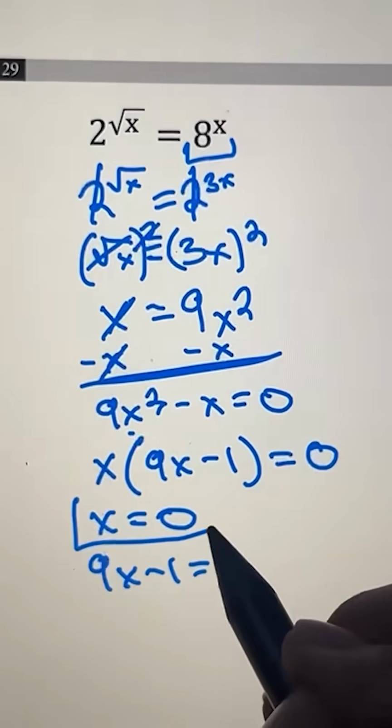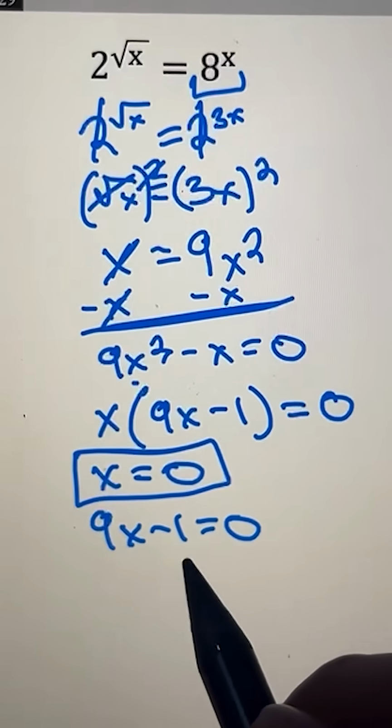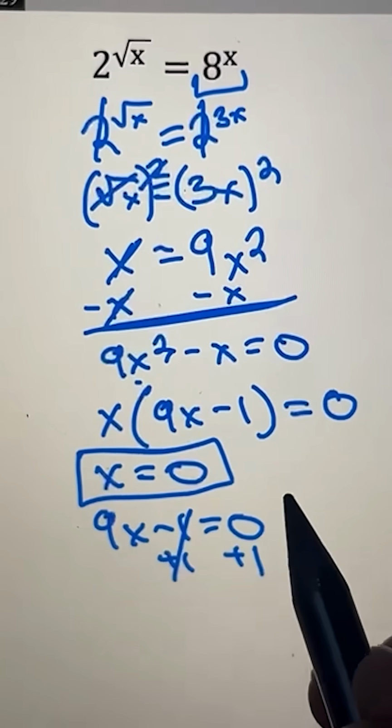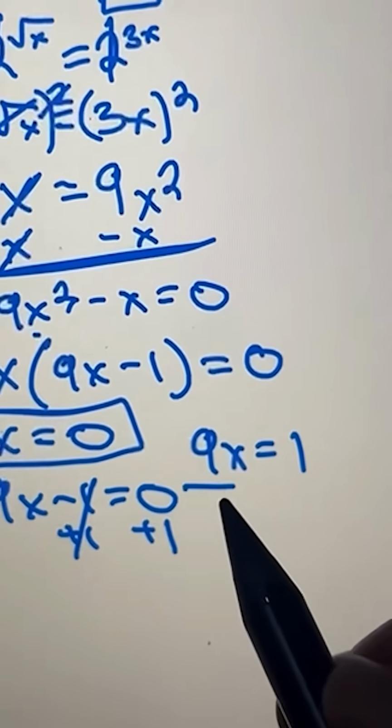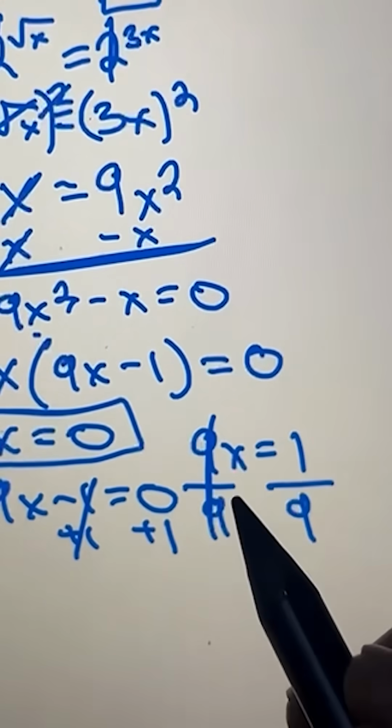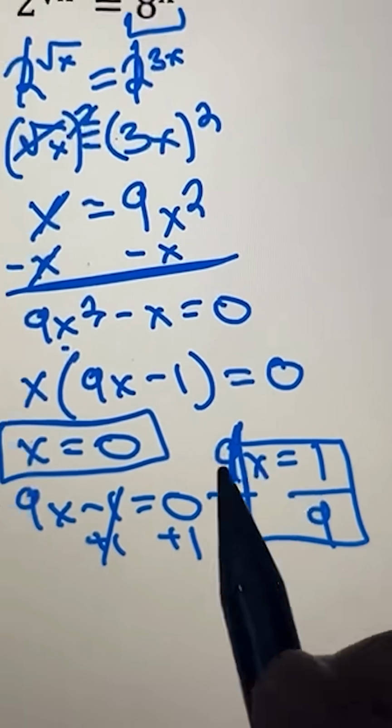Now right here we obviously have one solution, and to solve 9x minus 1 is equal to 0, we're going to add 1 to both sides, and we have 9x is equal to 1. We divide this side by 9, this side by 9 as well. We get x is equal to 1/9. So x is equal to 1/9 and 0 is going to be